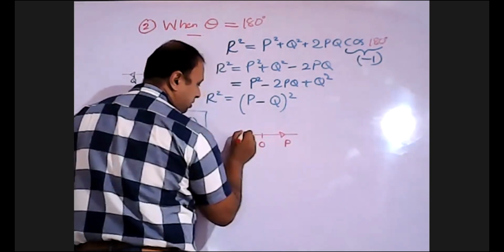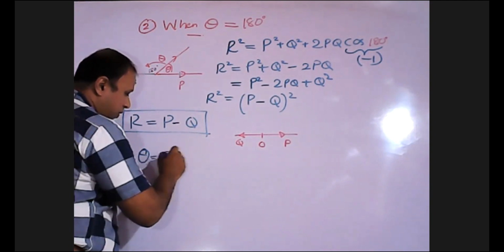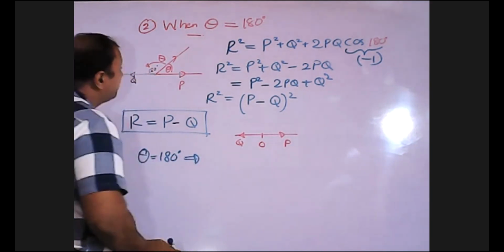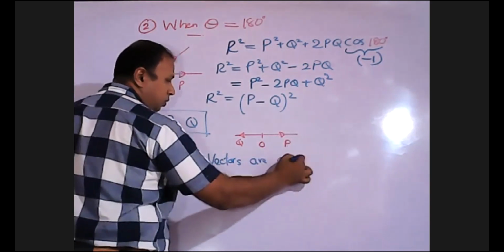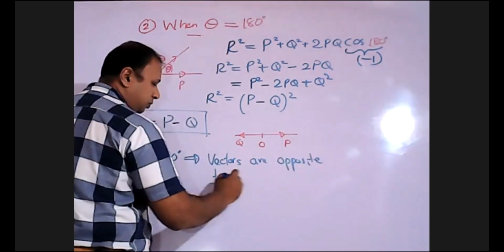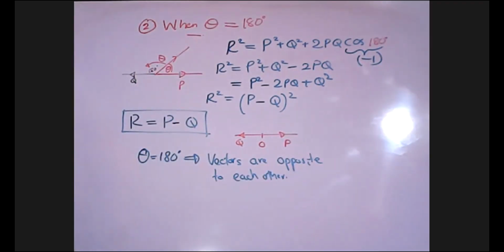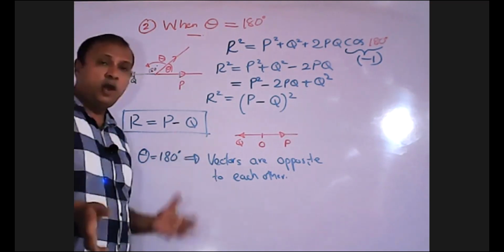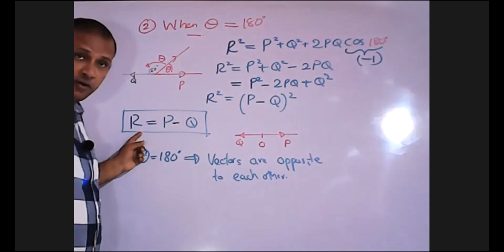Here, two forces are acting opposite to each other. Theta 180 means the vectors are opposite to each other. Okay, write this down. When theta is 180, that means if you have two opposite forces, then the resultant force is equal to the